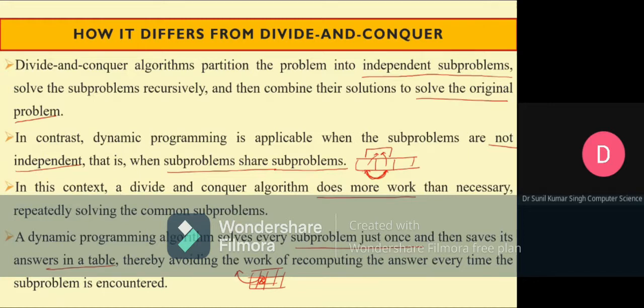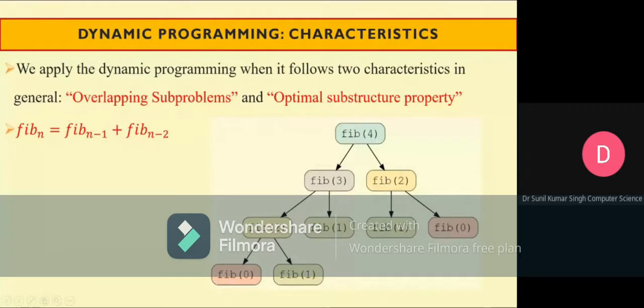So this is, we can say, the basic difference between dynamic programming and divide and conquer approach. And so guys, for applying dynamic programming in any problem, we have to find out whether it is suitable for dynamic programming or not. First we have to check whether the problem is suitable, then only can we apply dynamic programming, otherwise it is not relevant to apply it.